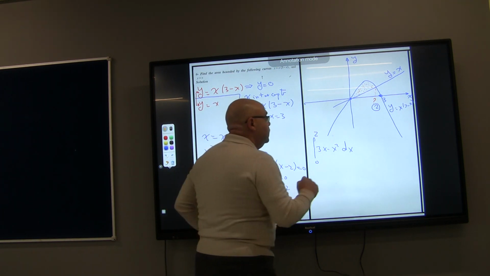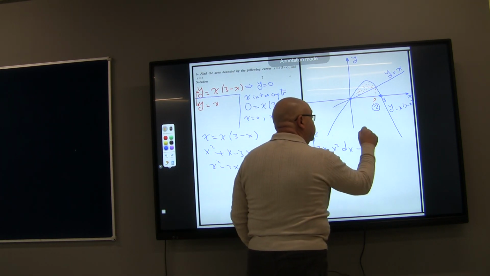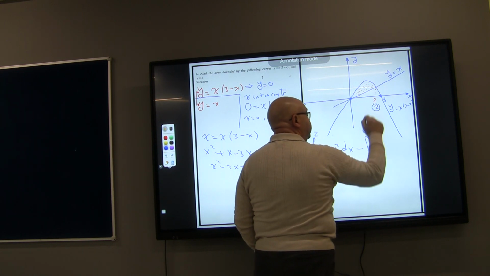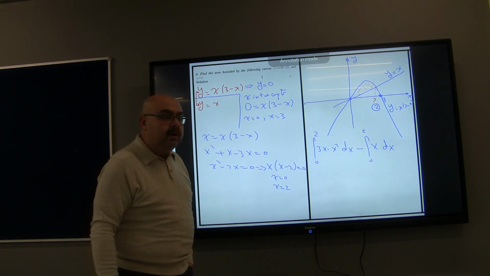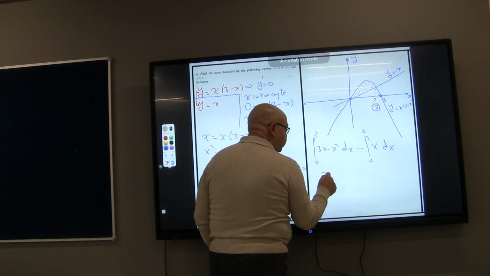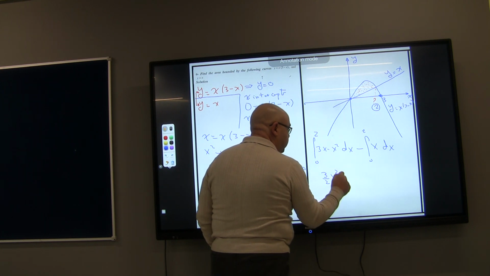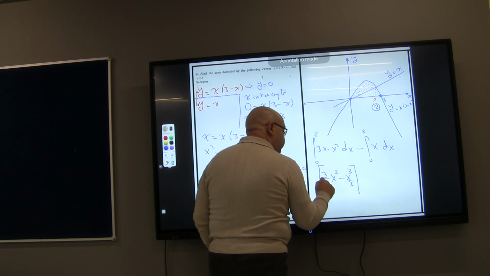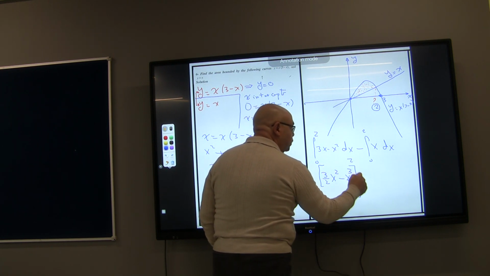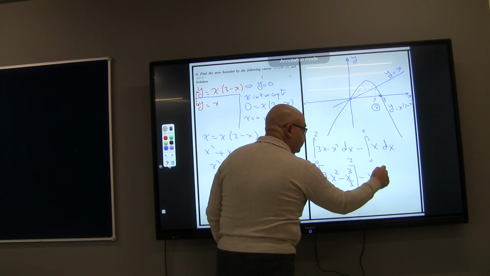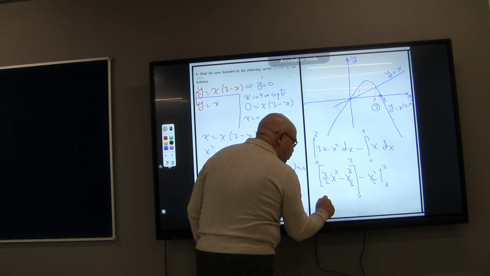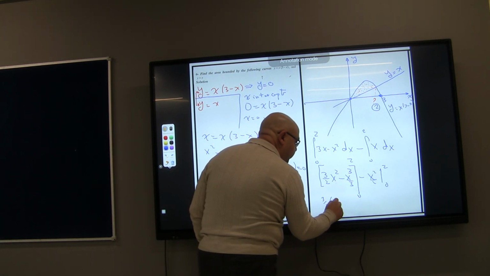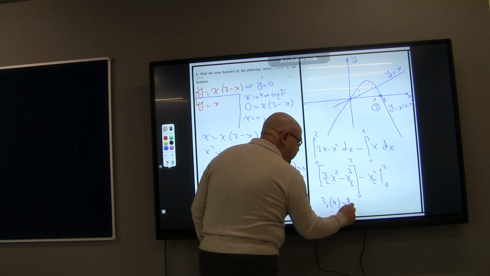معايا أدهم؟ يبقى إذا على طول minus integrate from 0 to 2 the function, the area under the straight line, which is y equal x with respect to dx. ثاني الستيب اللي بعده على طول start integrating يبقى ده 3 over 2 x squared minus x to the power of 3 divided by 3. Then start substituting from 0 up to 2 minus x squared over 2 starting from 0 up to 2. In a similar manner. على طول الستيب اللي بعده ده هيبقى 3 over 2 times 4 minus 8 over 3